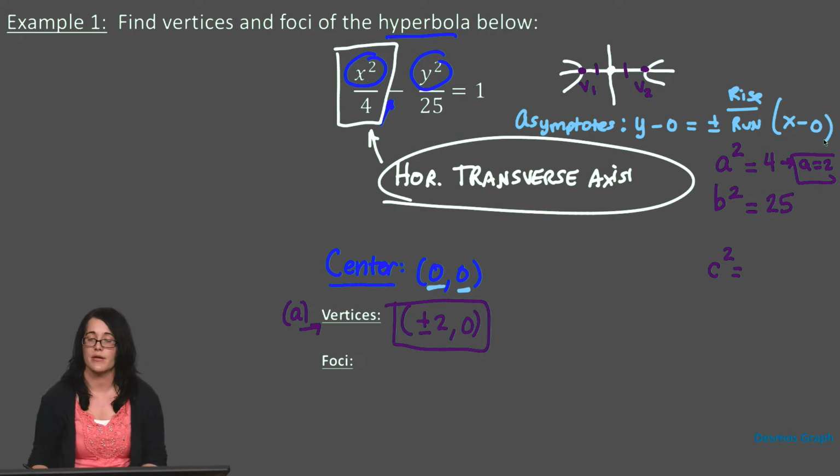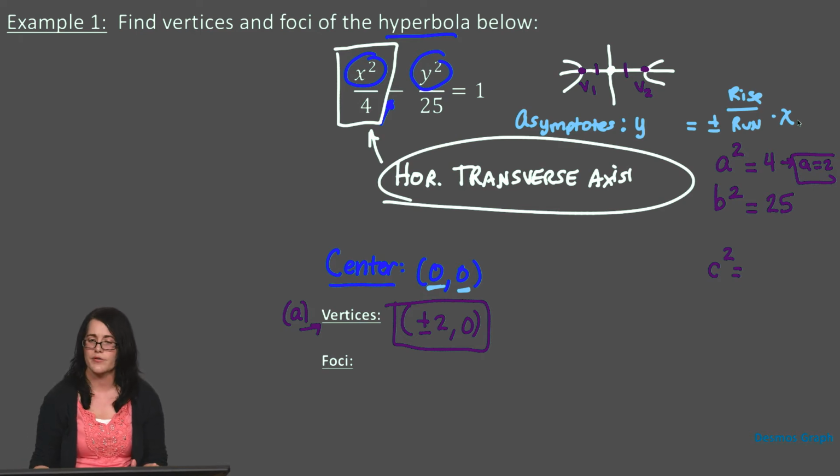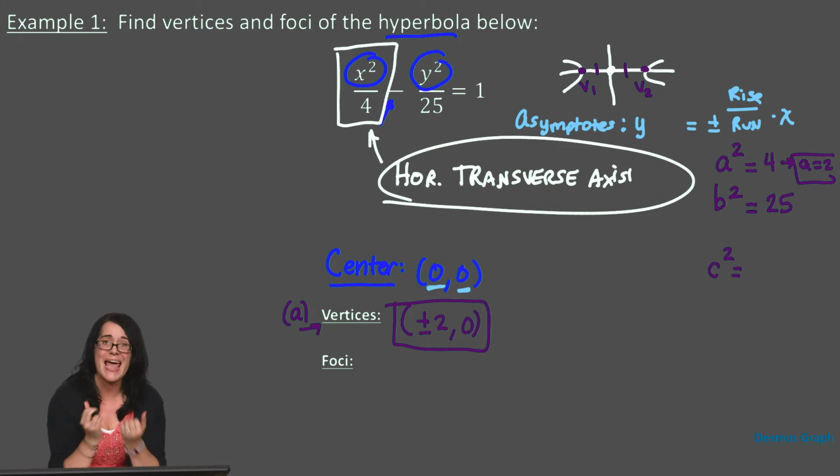So that looks a little bit clunky. We could clean up those zeros, couldn't we? So we just have now the slope next to x there. Okay, so y equals positive or negative, whatever my slope is, times x. Okay, so how do we figure out the slope? Well, if my A was going left and right, A must be my run, because it was going left and right. It was horizontal in nature. So B must be my